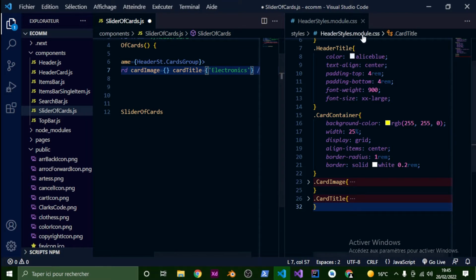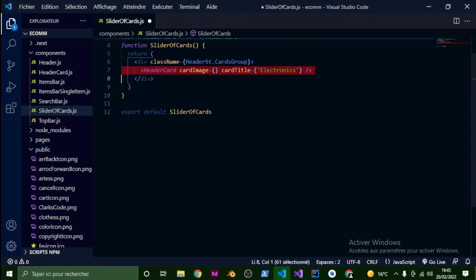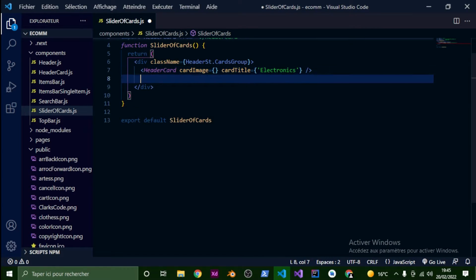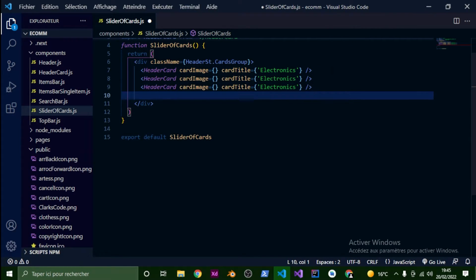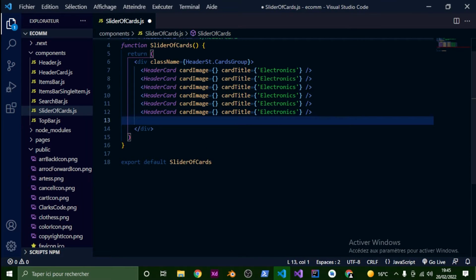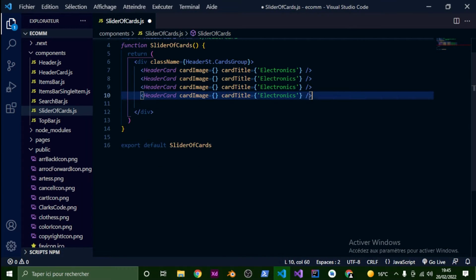Okay, I can close my styles for now, and I'll copy that and paste it, maybe something like 6 times or just 4 times for now. Electronics, and I'll choose in the second one clothes and accessories. Go back to the first one, electronics, for example, and media devices, and the third one,